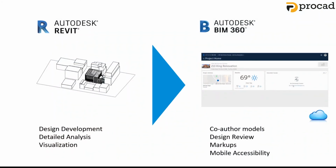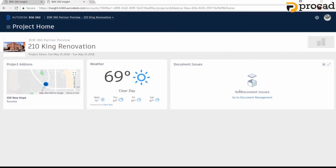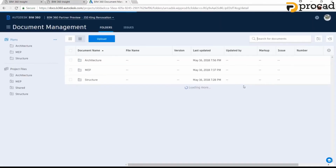Autodesk's solution for cloud-based design collaboration is referred to as BIM 360 at a high level. This encompasses several cloud collaboration tool sets. One part of BIM 360 that is highly relevant to the AEC community is BIM 360 Design. Here's a project homepage in BIM 360 Design displaying the current relevant data. There are several